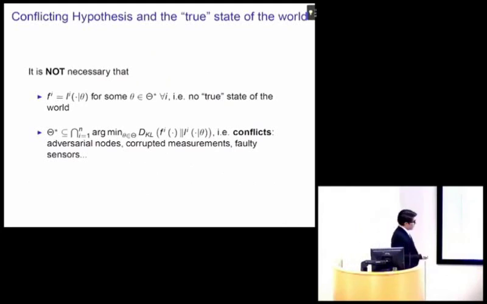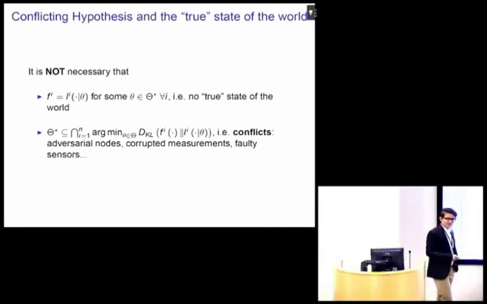So one thing that I repeat is not necessarily that one of our models matches perfectly the true distributions of the world, right? Because in general, this is very hard to do. Every model you have is wrong by default, right? It's just how well you can make it. And also, we're allowing for conflicts. That means that it's not necessarily that the optimal hypothesis is in the intersection of individual optimality.